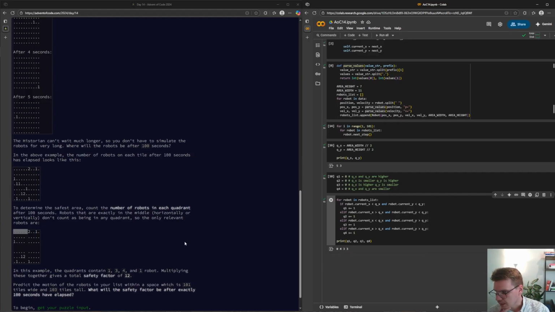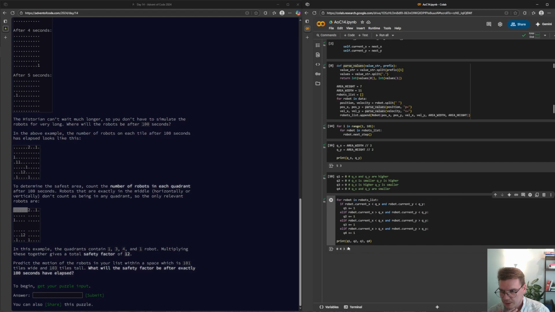Not exactly. Maybe I can then. So q1, if the current x is smaller than qx and then smaller than qy, then, so there is no entry like this.